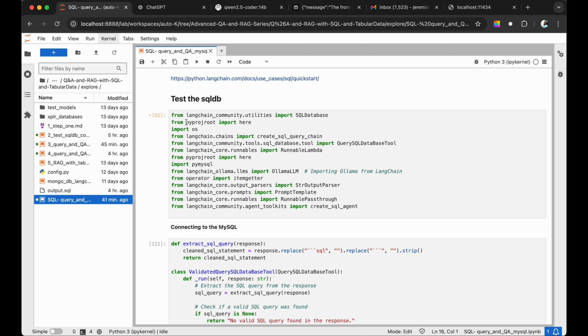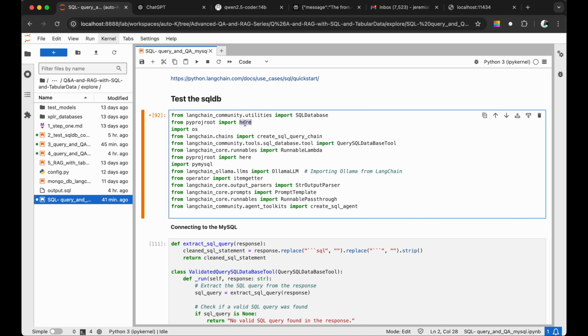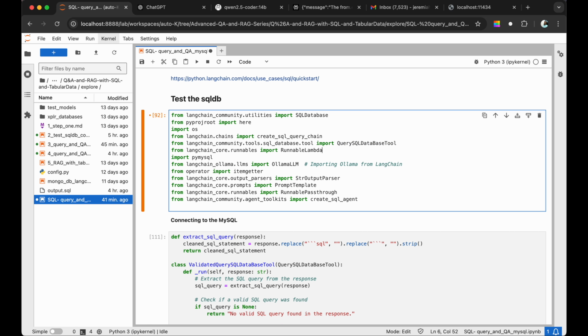I'm importing the PyProd root. I'm using this here method. From LangChain, I get create SQL query chain. From the LangChain community, I also get the query SQL database tool. Oh, I have this twice. Okay, let's take this one out. I also installed